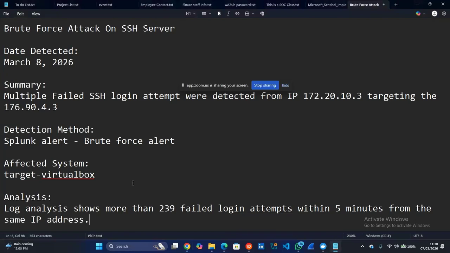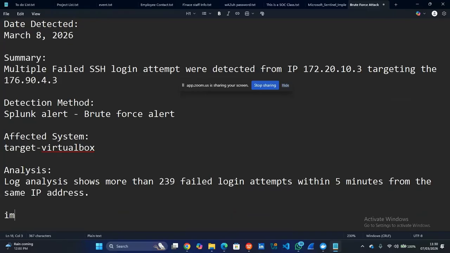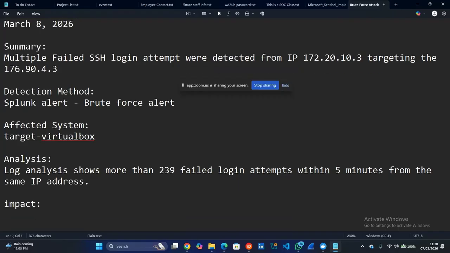So what do we need to add? Yeah, as I said earlier, the 5 things you need to keep in mind when writing an incident report, one is the impact. So we need to write impact. Let's see, possible brute force. Obviously this is a brute force, but say, for example, we're escalating this alert to maybe a senior manager or senior SOC analyst. So we just need to write possible brute force attacks attempting